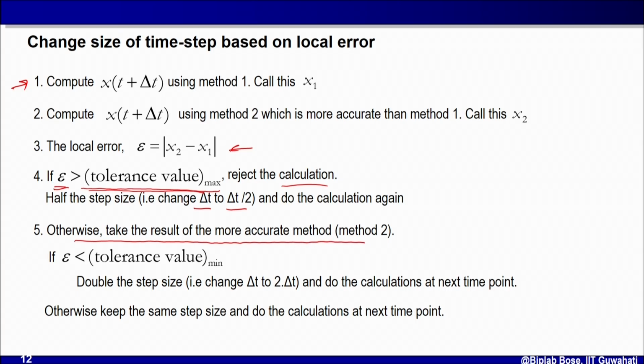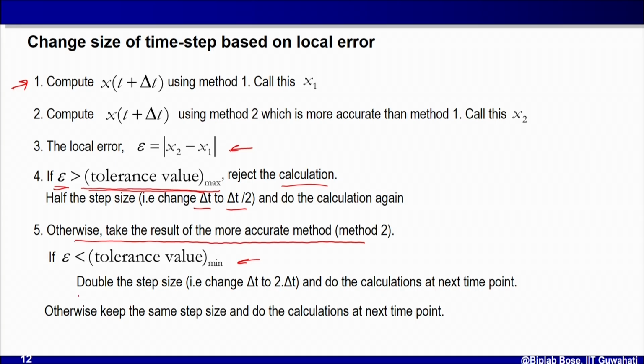Now, if the error is less than the minimum value of tolerance that you will allow, what do you do? You increase the time step, because you have realized that the delta t that you are using is giving you a very accurate result. So, why don't I increase delta t slightly and see whether that will still allow me to work in a reduced error way.